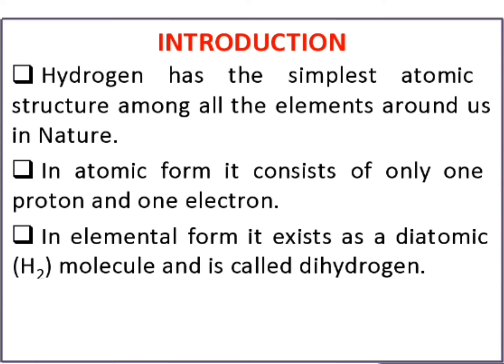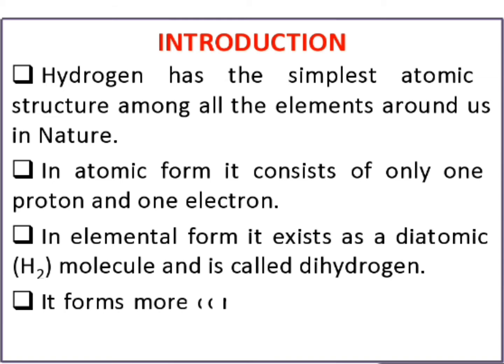So whenever we see hydrogen or dihydrogen, in a very simple way, the formula will be H2. Generally we say H2 is hydrogen, so don't be confused. Dihydrogen has formula H2, and hydrogen is also H2. If we say hydrogen atom, then it is only H, but generally hydrogen means H2.